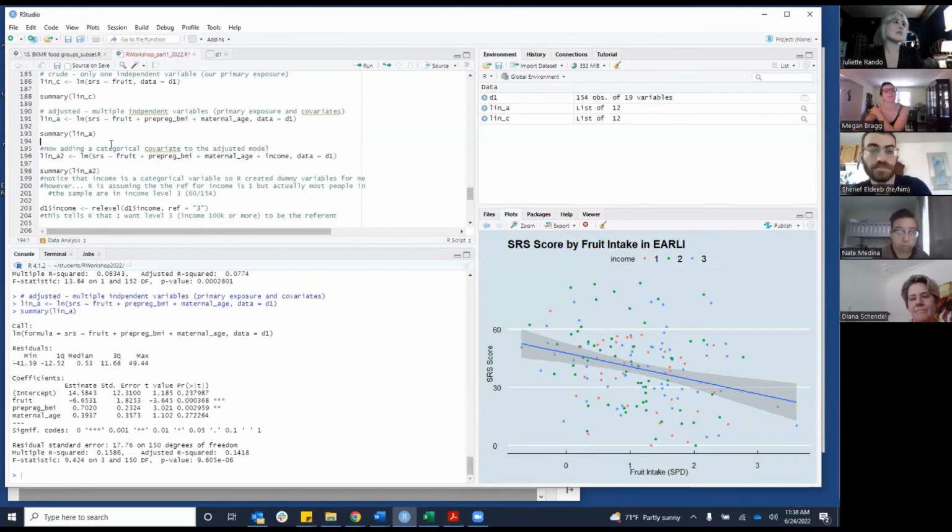I was having some issues, which I'll show you now. But essentially with a categorical covariate, you don't want it to be treated as continuous in your model. You want R to understand that there are 3 categories, and one of those categories is going to be your referent, so what you're comparing to. And so if I run this straight where I just added income on the end,